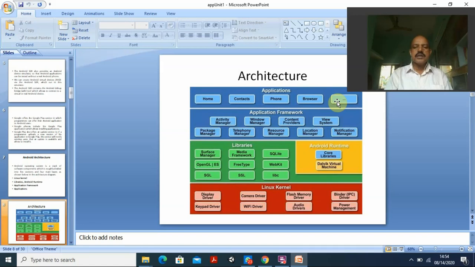So now you understand the applications you are going to run. They sit at the top of these layers and go to the application framework. Then they use some of the libraries and the Android runtime, that is the Dalvik virtual machine. Then everything is controlled by the Linux kernel, because all the resources are controlled by the kernel itself. So that is the idea.